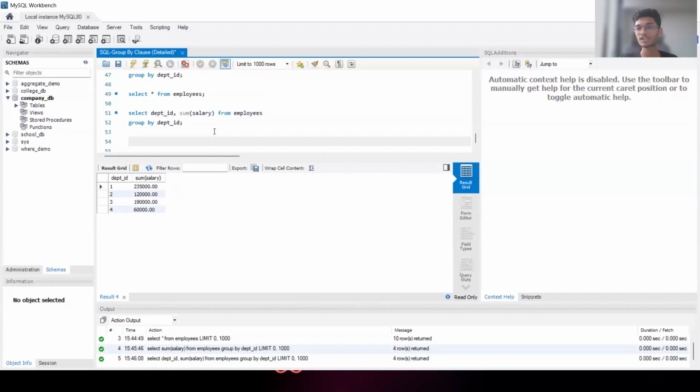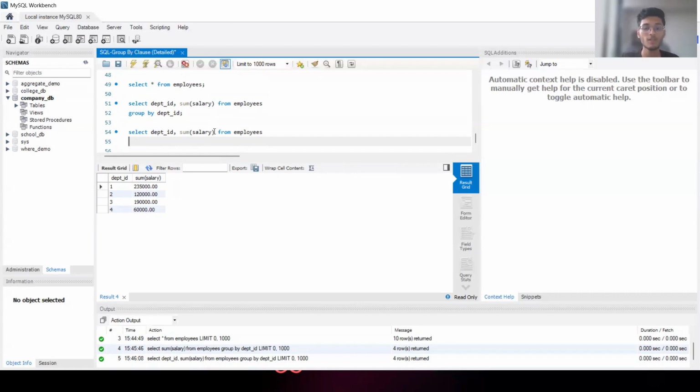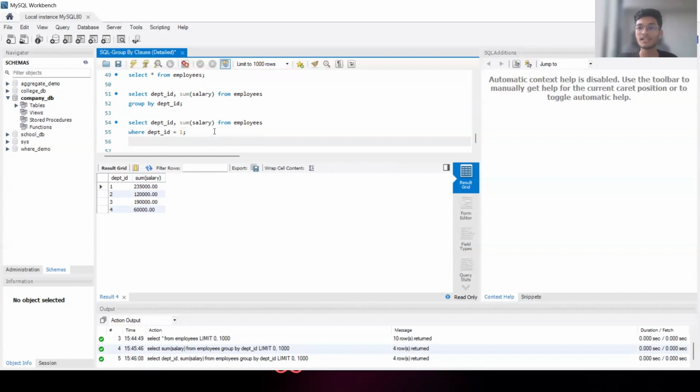Now you will ask me, why don't we simply use the where command and filter? So if I use a where command, let's select department ID, comma, sum salary. Why do we basically use the where command? Recall our where clause lecture. We discussed that we use the where clause for filtering the rows. So let's say if I use where here, I need to give some condition: where department ID is equal to 1. If I give MySQL the condition department ID 1,